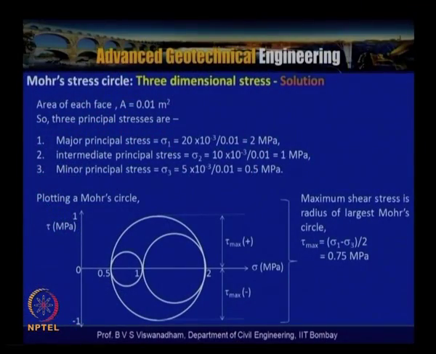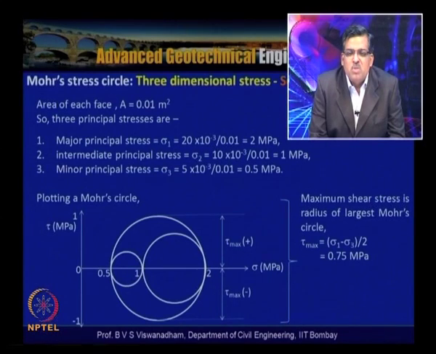Now for this, we take the area of each face as A equal to 0.01 meter square, which is nothing but 10 centimeter into 10 centimeter, 100 centimeter square. In terms of meters, it is 0.01 meter square. Hence the 3 principal stresses: major principal stress sigma 1 is equal to 20 into 10 to the power minus 3 divided by 0.01,